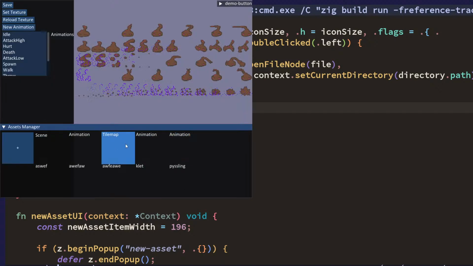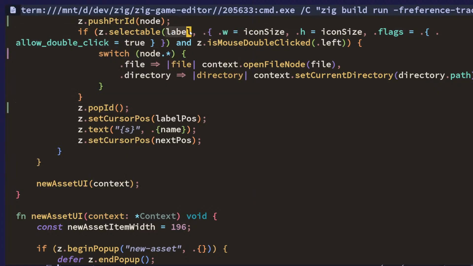Okay, now we don't get these errors. Cool. So you can't have the same label. The label is used as an ID. So what you could do is push an ID, and then the next item will get that ID. And the ID that we're using, you have to use a stable ID that's going to stay the same through different loops, iterations,